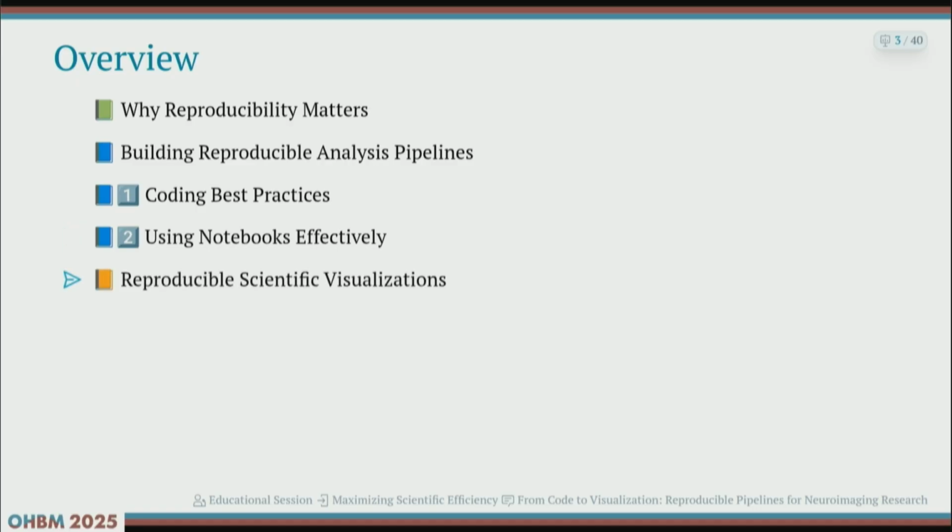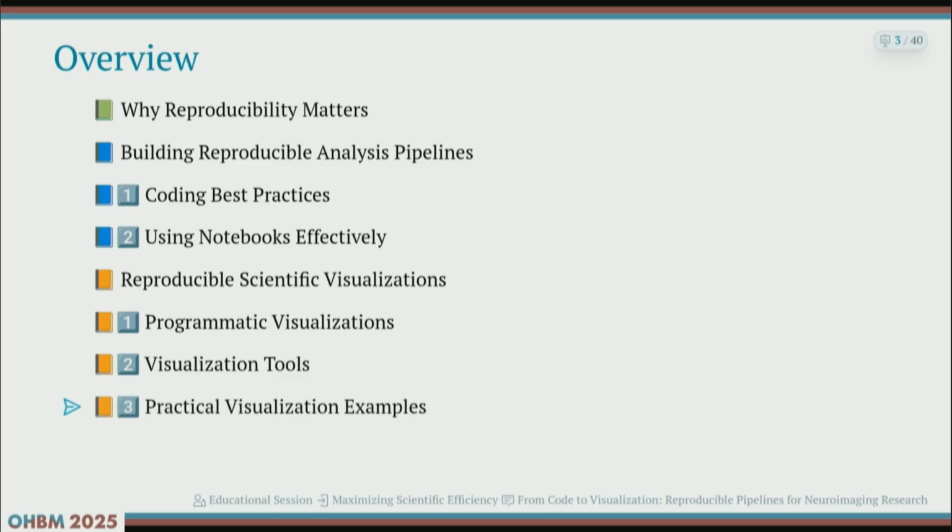Then we'll move on to reproducibility in the context of neuroimaging visualizations and scientific visualizations in general. So we'll talk about the idea of programmatically visualizing stuff, and we'll mention a range of visualization tools that will help us do that in our real-world research